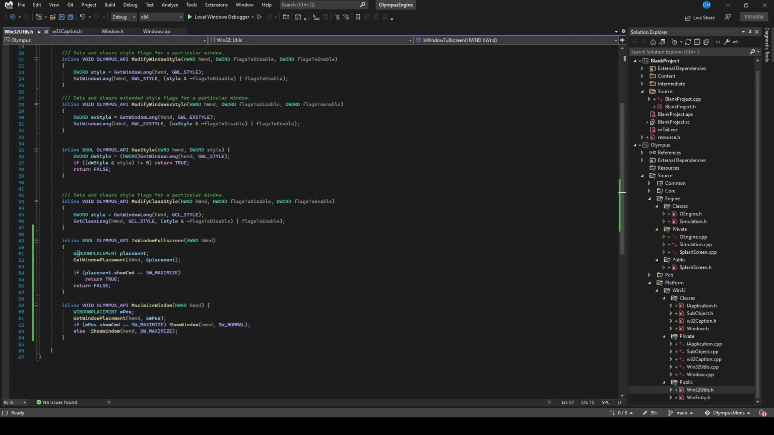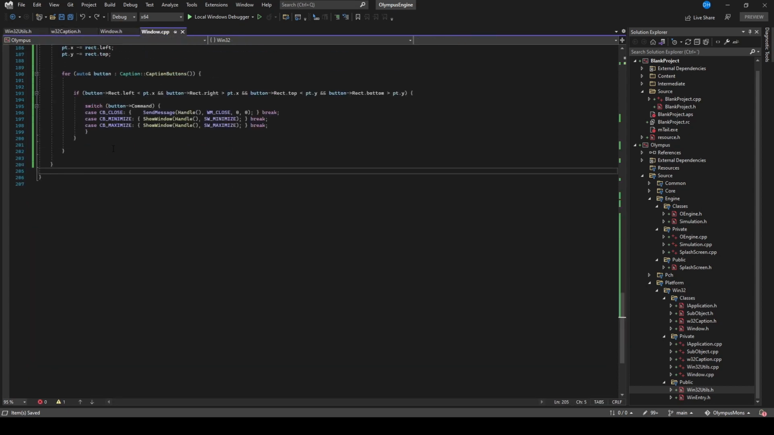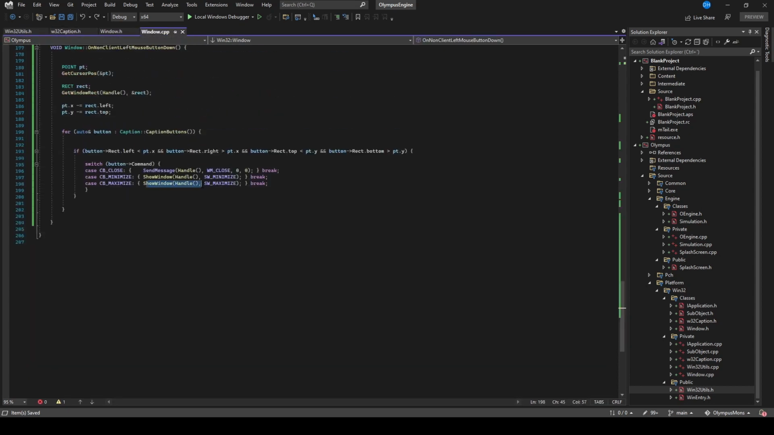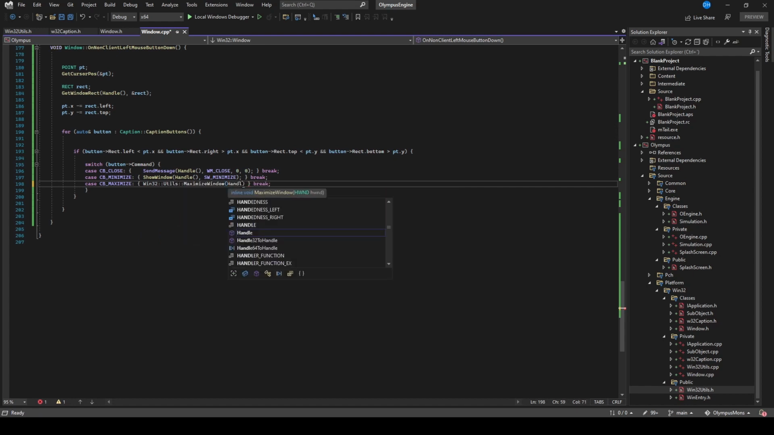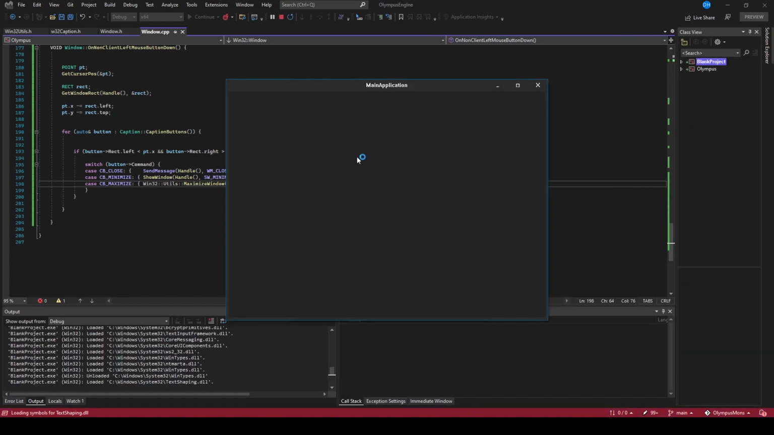And then we can do this again. We'll grab the window placement. It will tell us if the window placement is equal to maximized, and if it is, it will return for us. Let's go back to our window class now, and on our maximize we can just go Win32 Utils maximize window. We just need to bring in the handle for that, and then when we run this again,